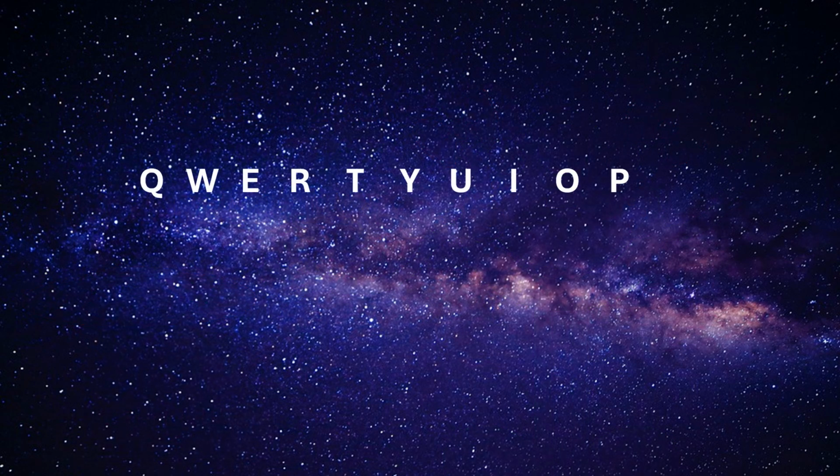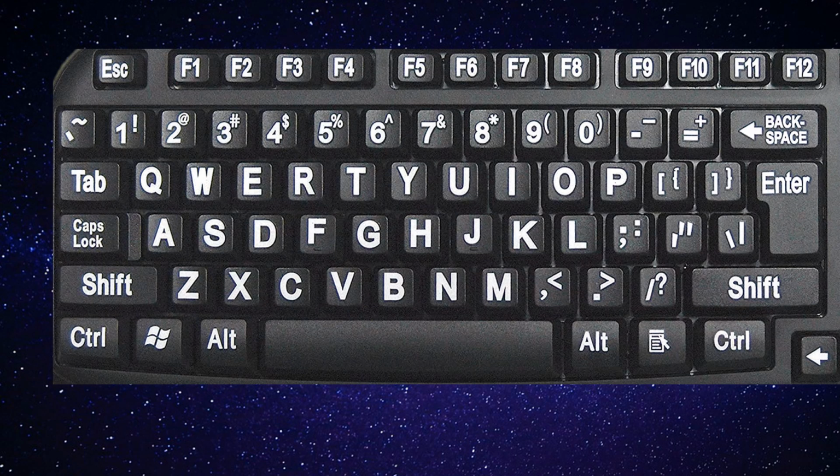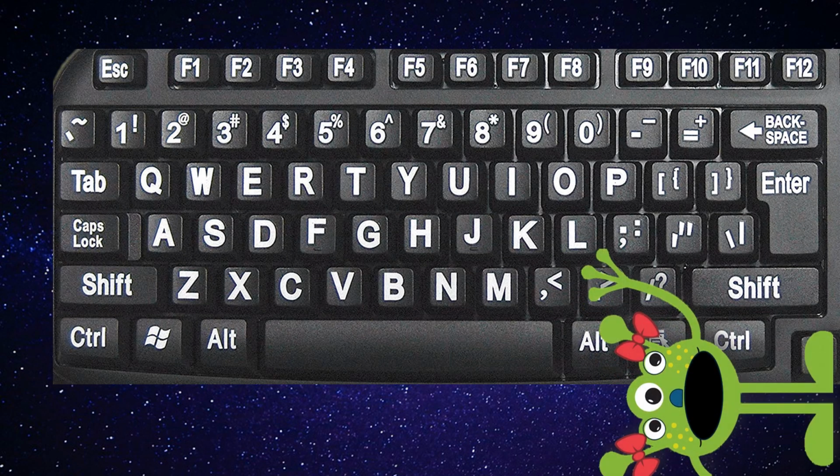It's a word many of us Earthlings stare at every day. QWERTYUIOP. It stands out prominently on many of our communication devices, and every Martian wants to know what it means. To say that QWERTYUIOP is not really a word at all, but part of the Latin alphabet does not really help for three reasons. First of all, we must admit that almost none of us terrestrials can read or speak